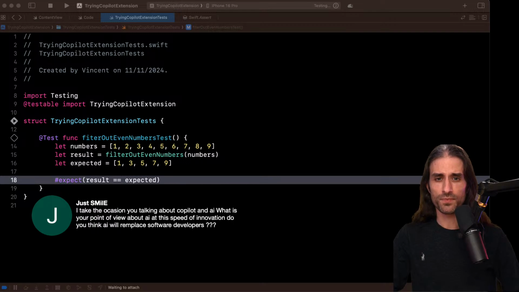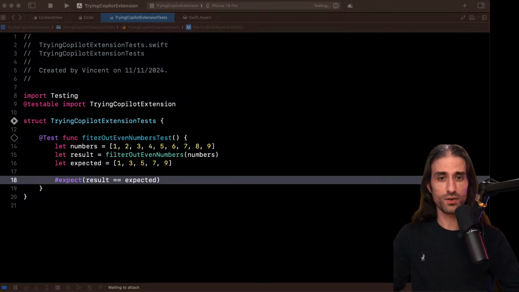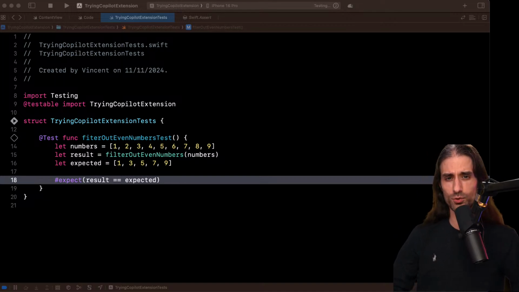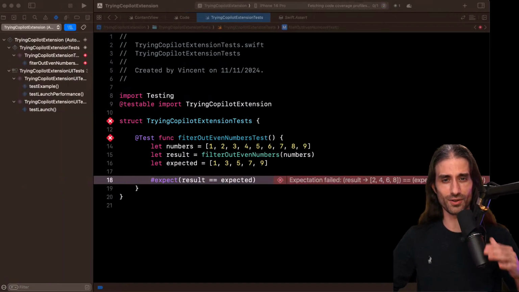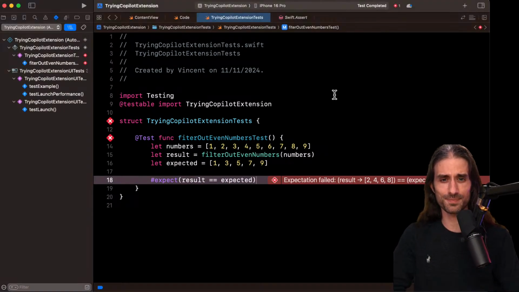I think one thing Apple did great when they call it predictive code completion is that they put it into the same realm as auto completion, and that's the same way that I see it. I see AI as something like auto completion on steroids. That's basically the way I see it, and that makes me think maybe I should do a video on that topic because maybe it's a take that I should elaborate on a bit.